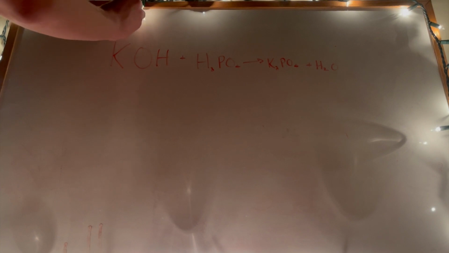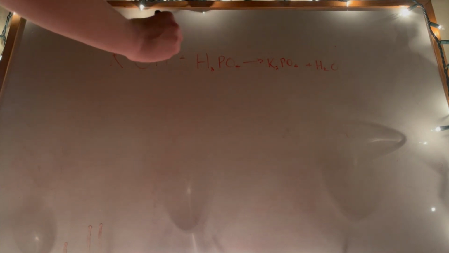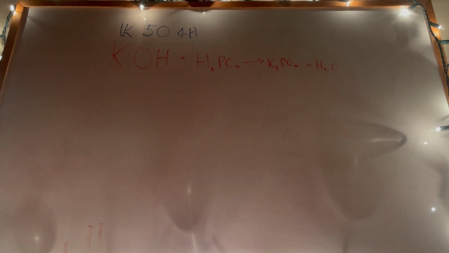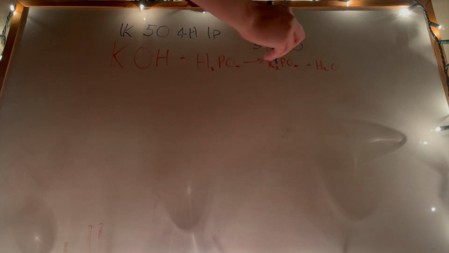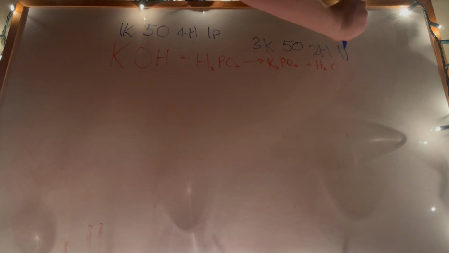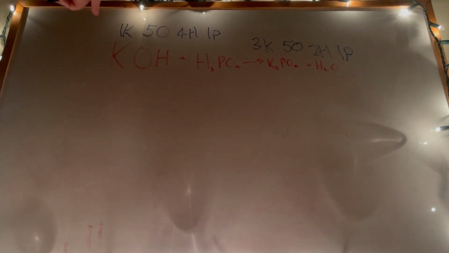So we have 1 potassium, 5 O's, 4 H's, and 1 P. And then on this side we have 3 potassiums, 4 O's, 2 H's, and 1 P. Alright, so on this side we're going to start by adding a coefficient of 3